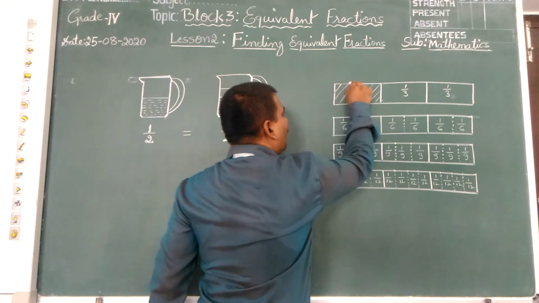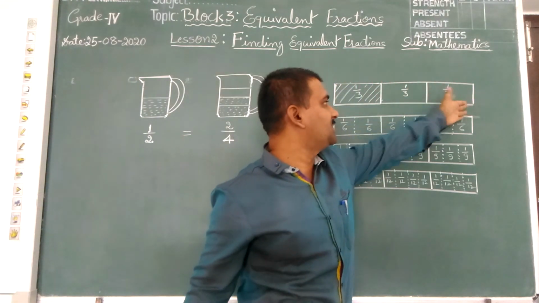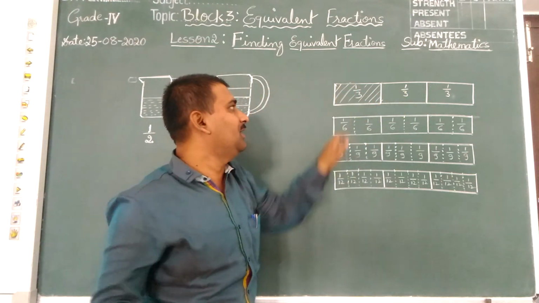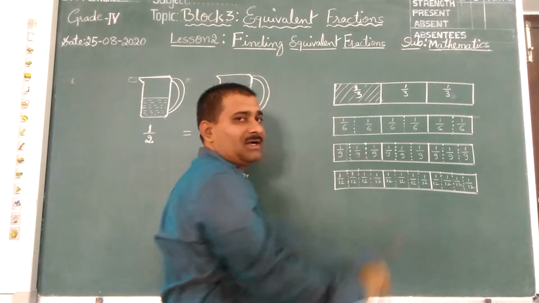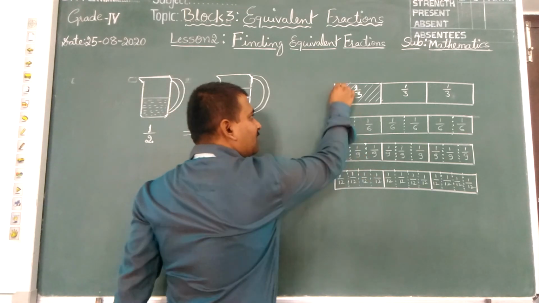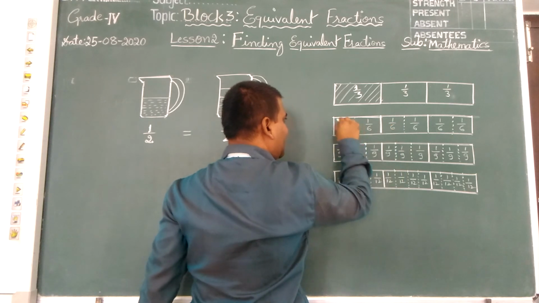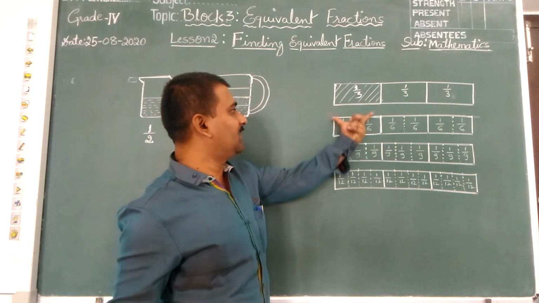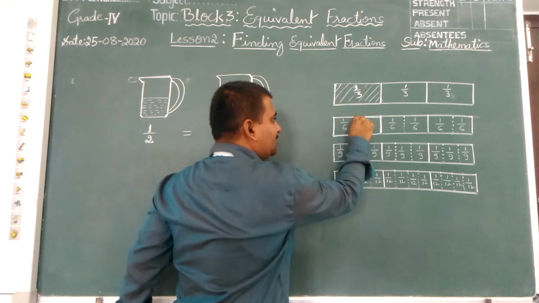Because the whole strip is divided into 3 parts, the value of this is 1 divided by 3. Out of 3 parts, 1 part is selected, 1 by 3. Children, this 1 by 3 part, you can see here, the same length is divided